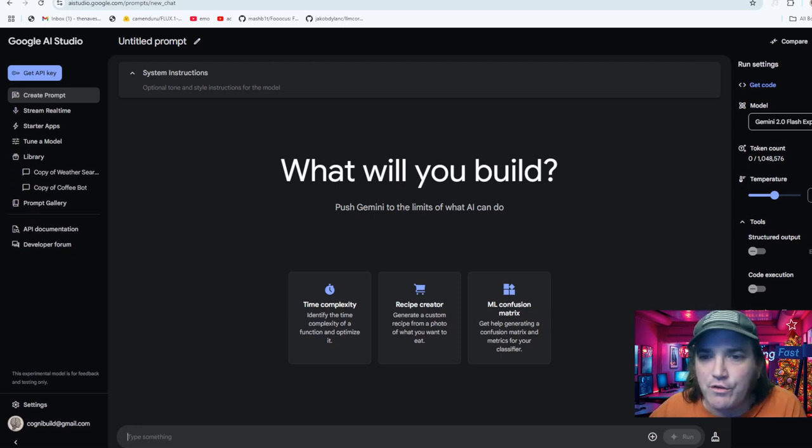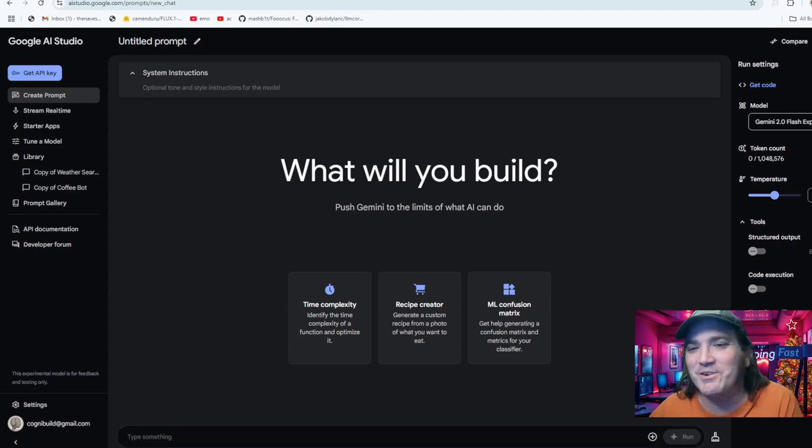Now, I think that when you first come in here, it actually is not requiring you to sign in. My dogs are back here making noise. But I think eventually as you use it, you'll get to a point where it asks you to sign in. So you can actually just use this as is, which is very cool.